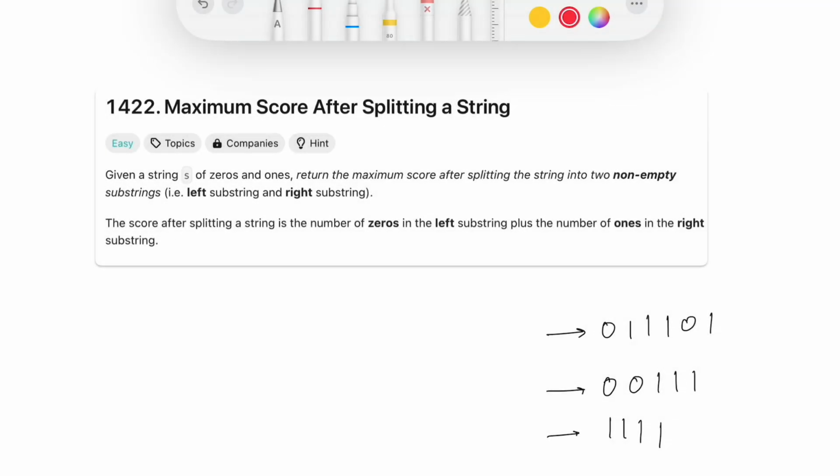Hey everyone, today we are solving LeetCode problem 1422, maximum score after splitting a string. In this problem, we are given a string S of zeros and ones, and we have to return the maximum score after splitting the string into two non-empty substrings. We have to divide the string into two non-empty substrings,